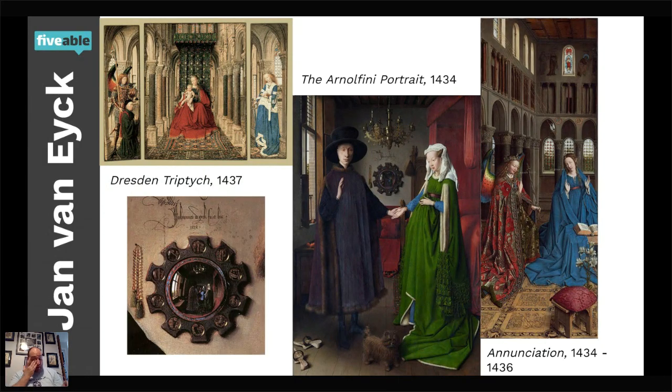We're going to start up here in the top right with the Dresden Triptych. Now, what that means is that these three panels right here, these are on wood, and they are hung together, and they make the entire scene. Okay, so you've got Mary, you have Christ, you have an angel. I think it's Gabriel, it might be Michael. Please don't quote me on that. You have royalty, and then you have a monk.